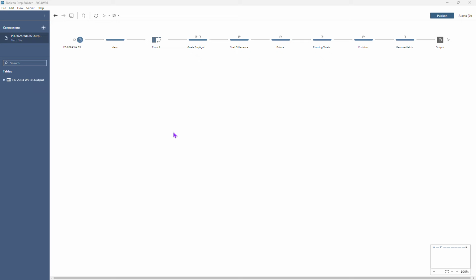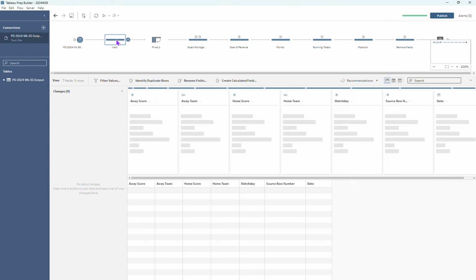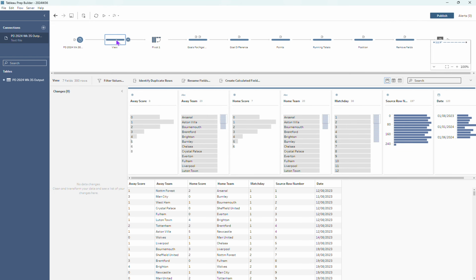We continue on where we left off last week with this nice cleaned up data set from that horrible data structure that we had before. And this time what we're looking to do is put these into a league table. So for each match day, where do the teams end up in the league after they've played their game, after they have their results? So we need to do a little bit of restructuring of this data